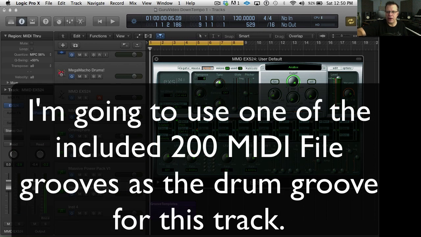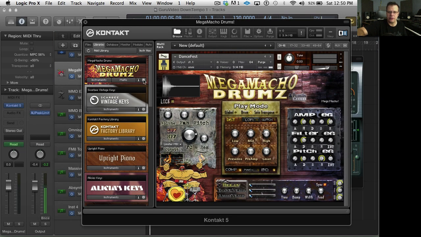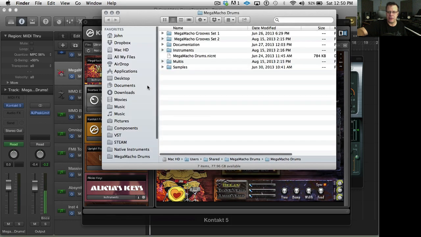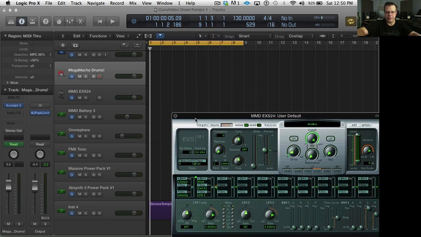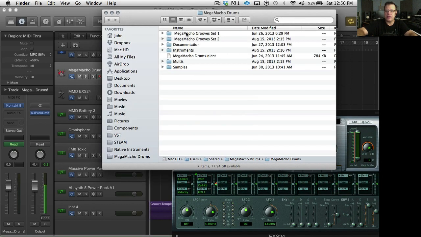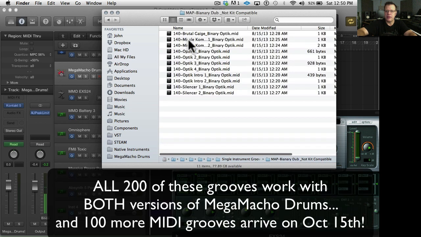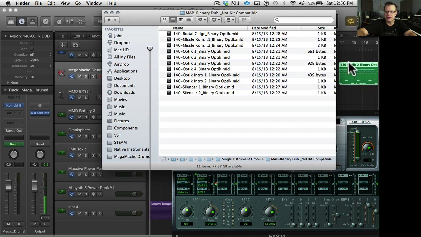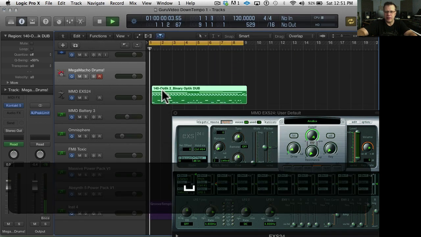What we're going to do for fun, let's go up to Mega Macho Contact, because this will get me quickly to the folder. Open the container folder. So go to the Finder, set to from maybe the dub kit. Let's take a look at that. Drag that over.